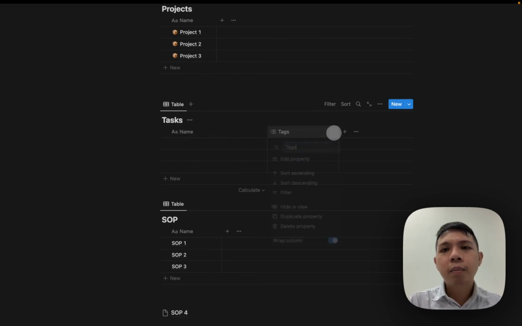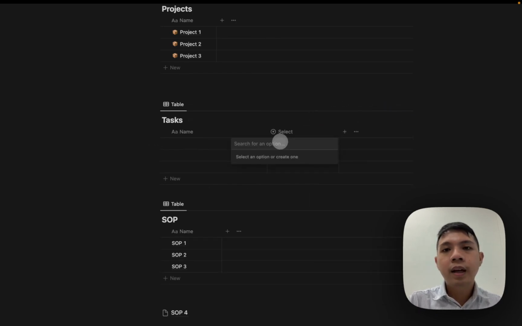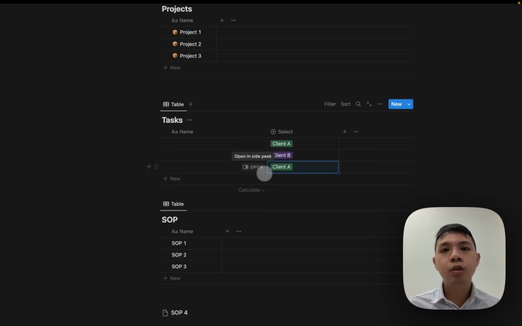Task, and then you probably have a filter, right? You have a relation roll up, but for simplicity's sake, I'll just do this. And then maybe you have a roll up, right? So relation like client A, client B, client C, and you filter around it so that you can separate it. But unfortunately for Notion, there's no setting, at least at this moment, to just share specific